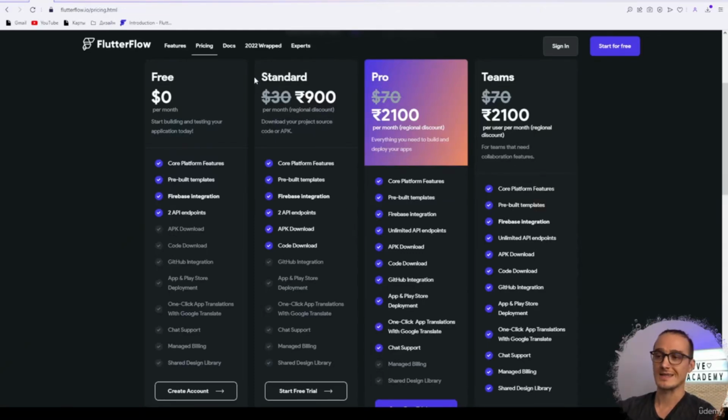The second plan is Standard. It costs around $30, depending on your region. And the only thing it includes above the free plan is APK download and code download. So I'm not sure what this plan is for, because for example, if you pay 70 bucks, you will be able to use every single feature that Flutterflow has. So